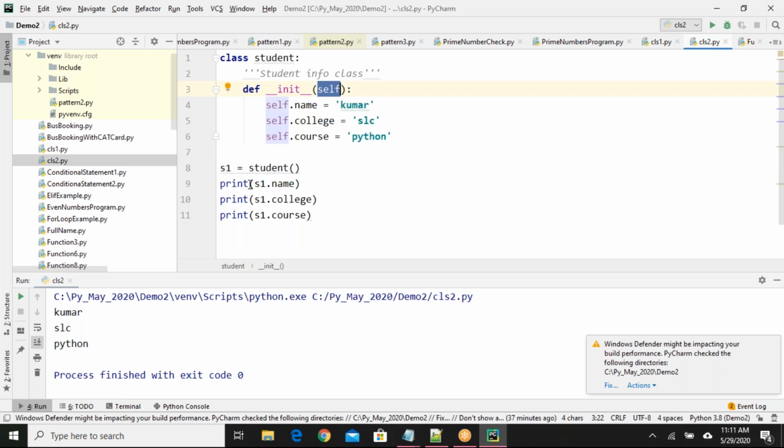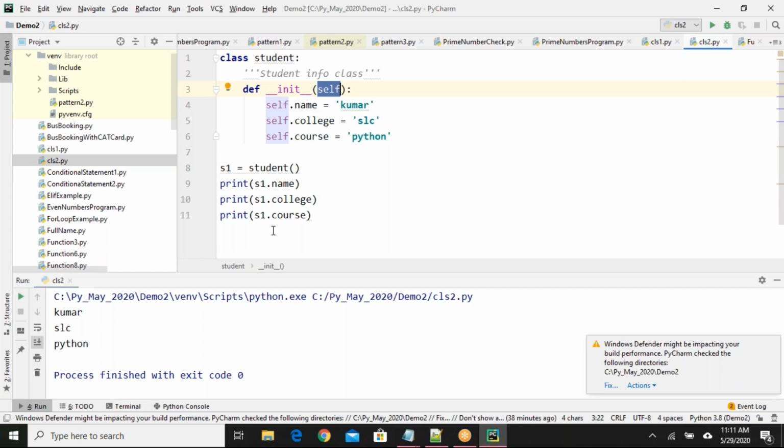Later in my program, after declaring the object, I can refer to them. If I want to print them, I can print them. If I want to use them in any other calculation, I can use them. Okay, can we take some other word directly in place of the keyword self, or is self the default and we need to take only self? We have to take only self.